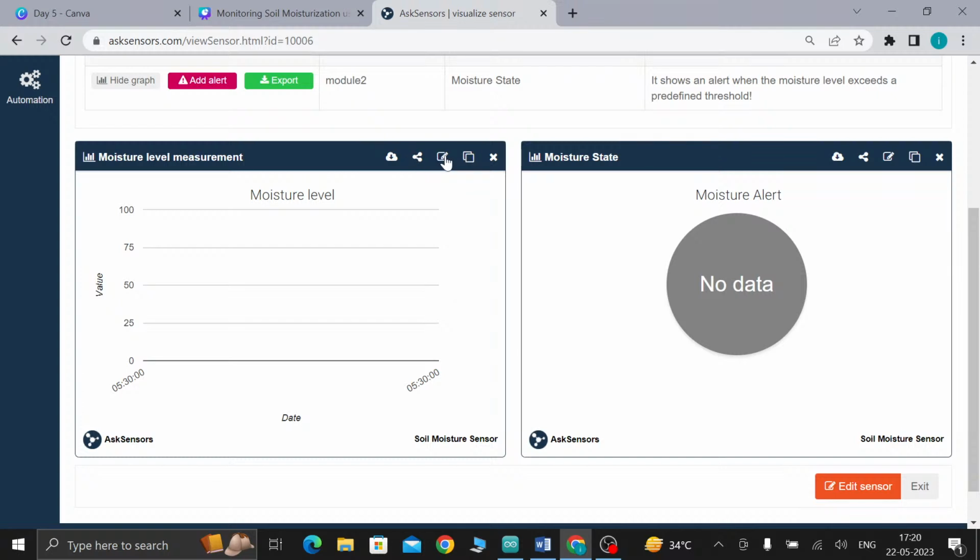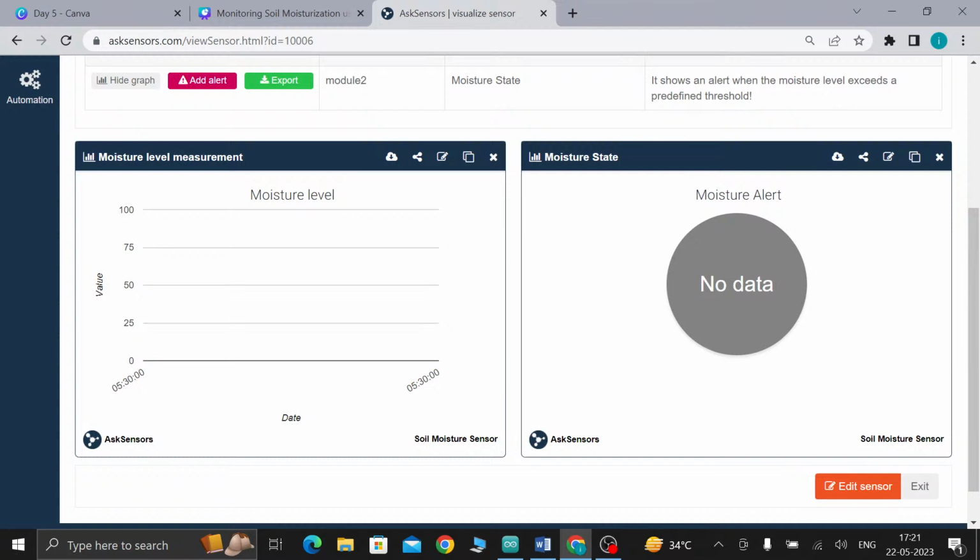And coming to edit graph, if you need to modify the graph configuration, using this you can edit this chart. And coming to open graph icon, to view your graph data stream in full screen. So on remove graph, it hides the graph from your sensor device page. But here we can't use this because we have to pay to use this configuration. So this is all about add sensor.